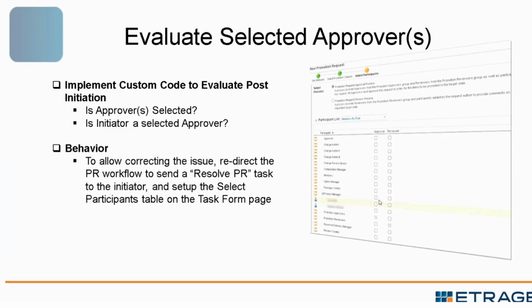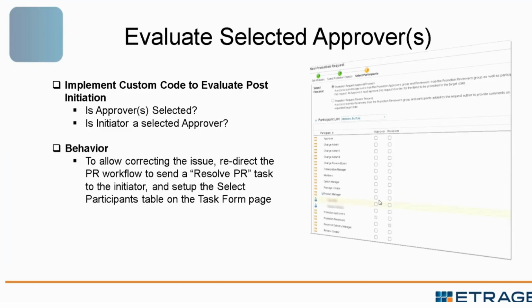So in here, you could get away with doing whatever you want, selecting yourself, for example, as an approver, or cheat and select a group that you belong to. And this is some of the restrictions that customers really want to prevent. As an initiator, you should not be really approving your own work. So I have code in there. Post initiation, the code evaluates the approver and will potentially send the initiator a task identifying that they, by mistake or intentionally, have selected themselves as approvers, and that is not something that is really